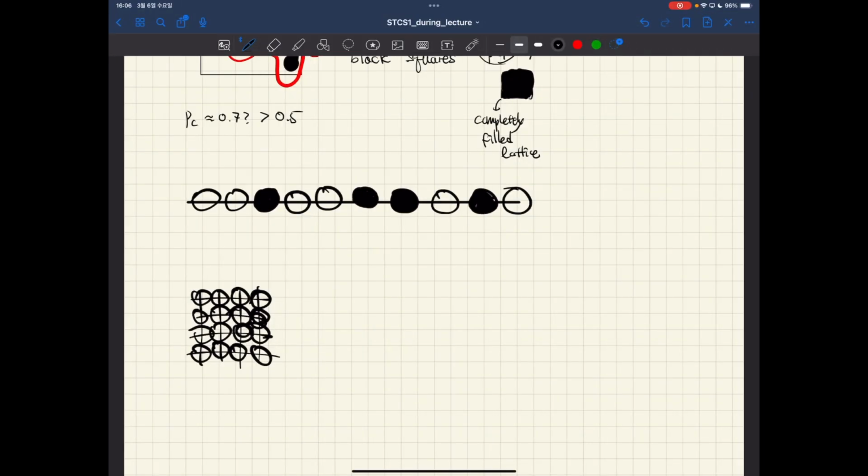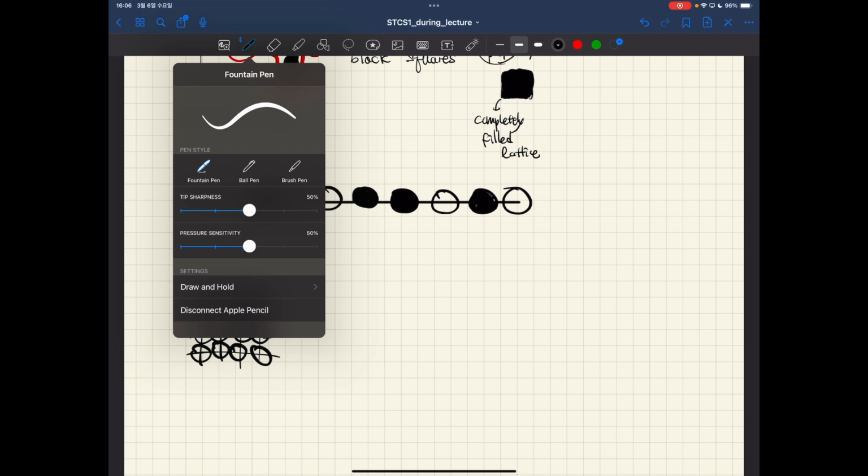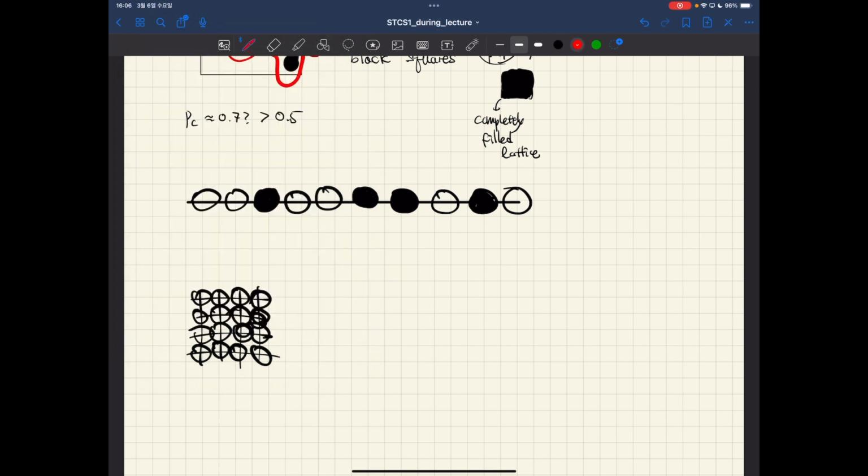The key difficulty in the two-dimensional population is that if you want to go from this site to this site, for example, there is only one path. There is no alternative path. So there's only one direction that population occurs in a one-dimensional system. But for a two-dimensional system, for example,